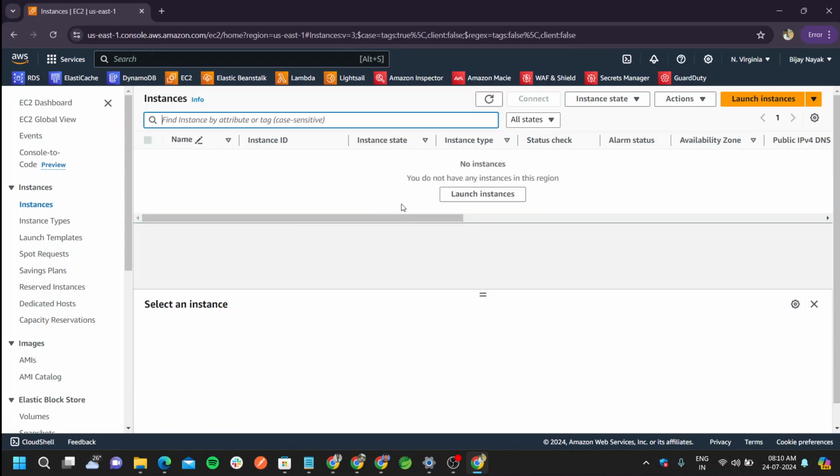Look, we don't have any instances right now. Okay, today we'll create the instance, first instance. That is nothing else but a virtual server. First click on launch instances,